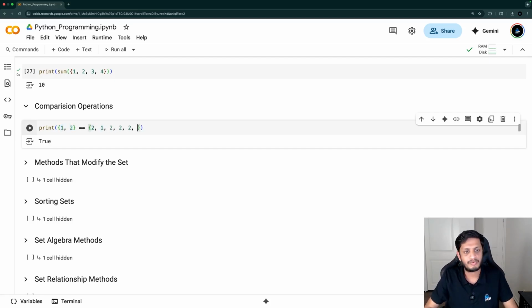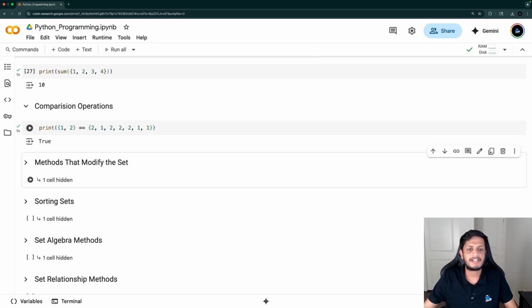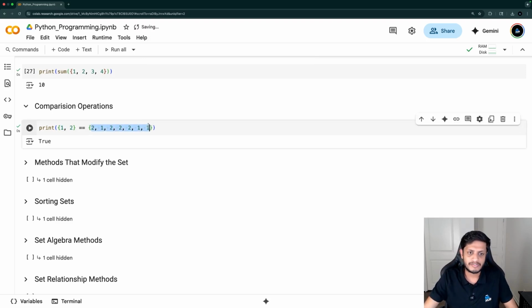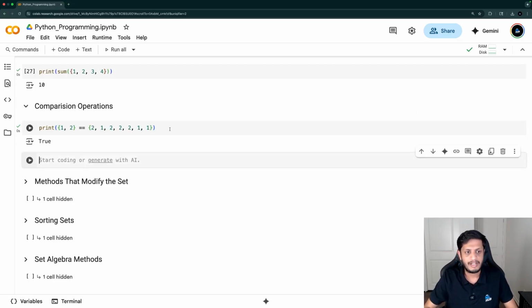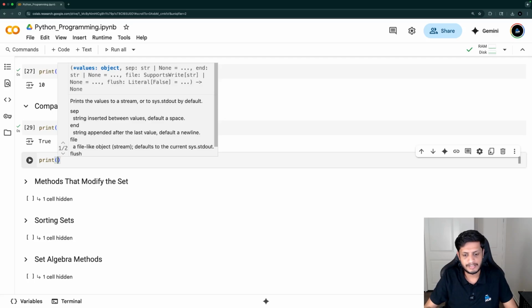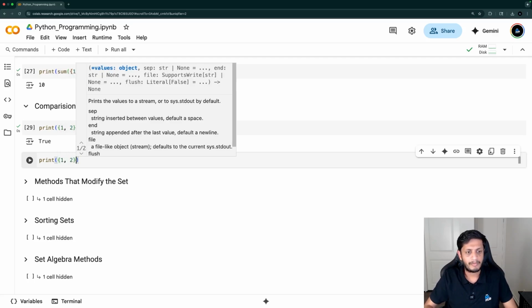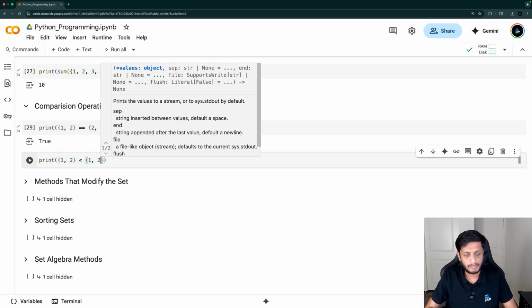So even if you write 2, 2, 2, 1, 1 here, still they are the same sets, because this set also contains 1 and 2. This set also contains 1 and 2. So they both are actually the same set. And not equal to is the opposite of equal to. Now if I say, let's say, the set containing 1, 2 is less than the set containing 1, 2, 3,